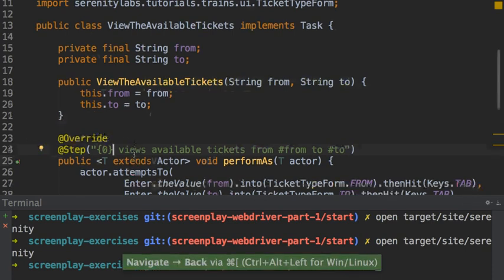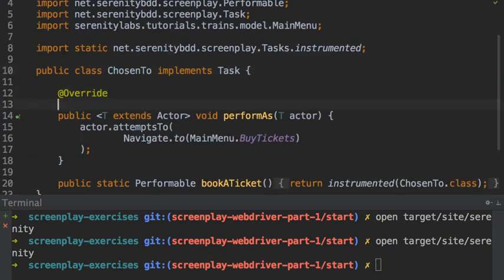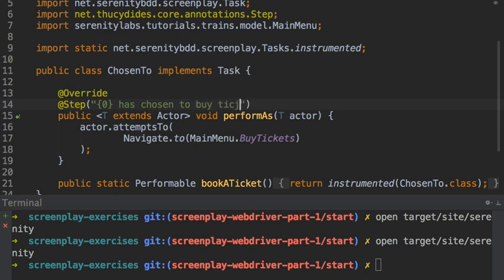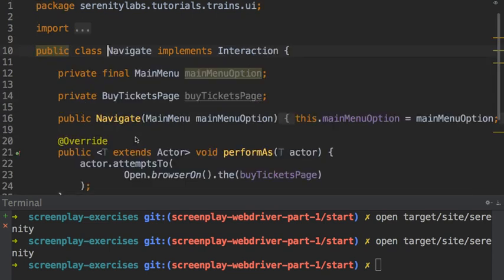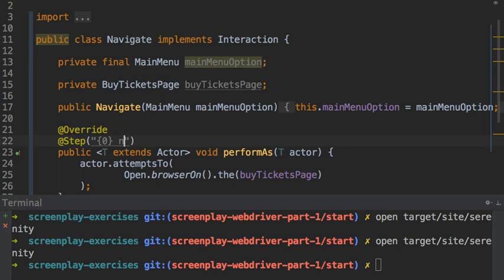And we had another one in the navigate when we had chosen to. We need to do something similar here. Step. We can say that Tracy has chosen to buy some tickets. And navigate is one of ours, so we'll do something similar. So Tracy navigates to, and we will say the main menu option. And if we run these tests again,